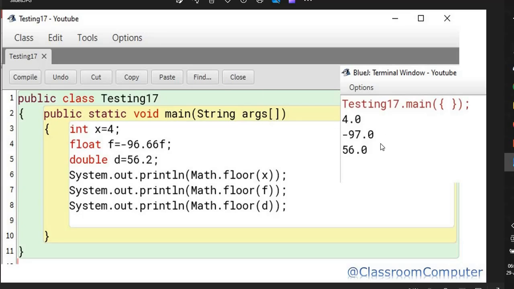In this program we pass three variables x, f and d. The first one is integer, second one is float, and the third one is double. The value of x is 4, so it returns 4.0 because the return type is double. For f, minus 96.66 becomes minus 97.0 because minus 97.0 is the highest whole number which is closest to minus 96.66